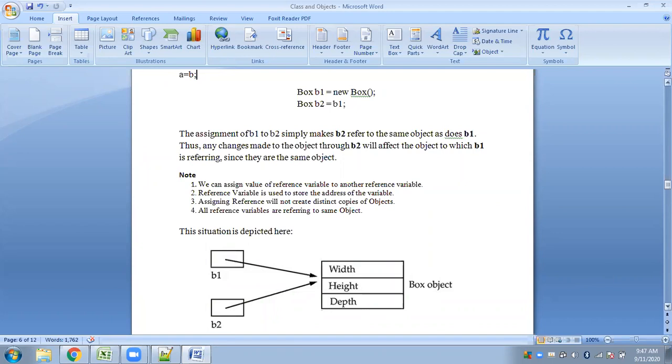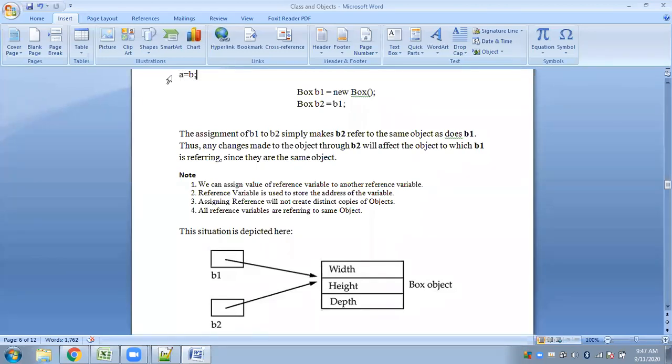Is that fine? So this and this are different. Here A and B were two separate variables. B was a separate variable located somewhere in memory, and A is a separate variable located somewhere in memory. But what am I doing using this statement? I'm simply assigning or copying the value of B to A. So if B is 5, A is also 5.